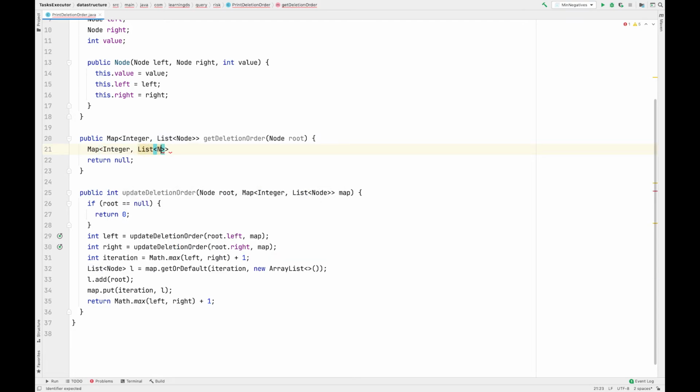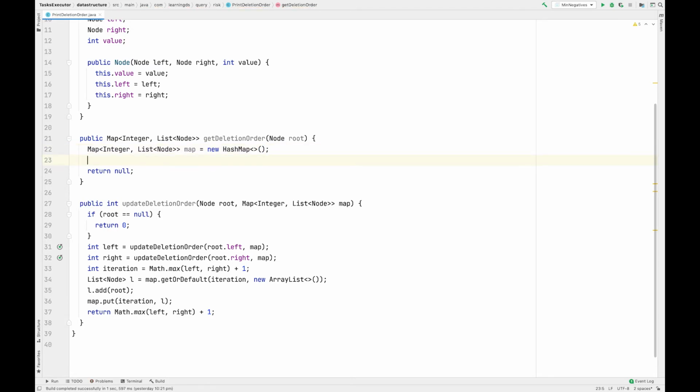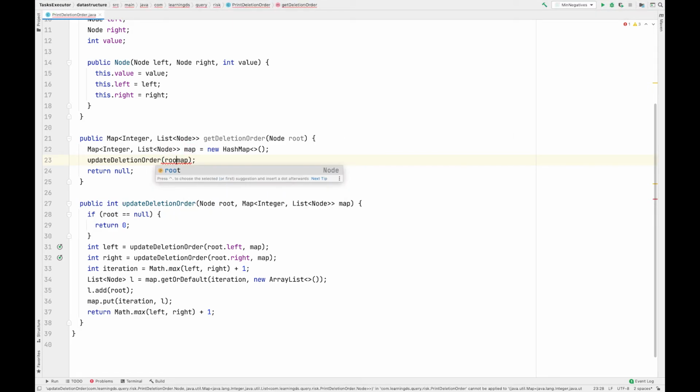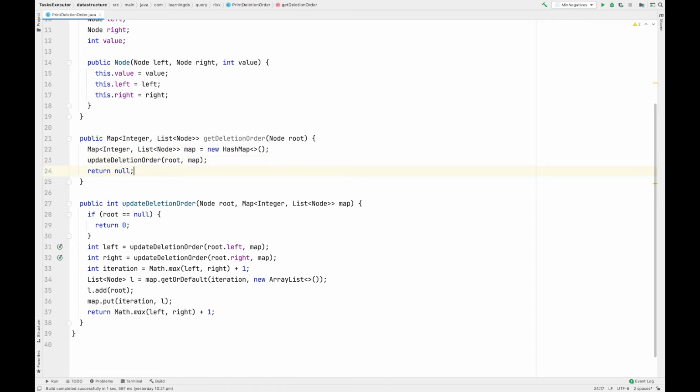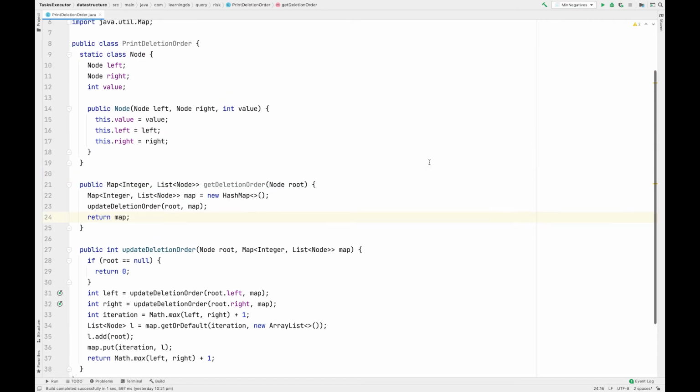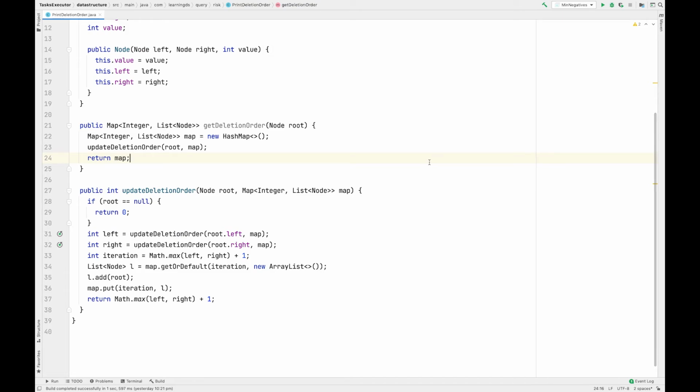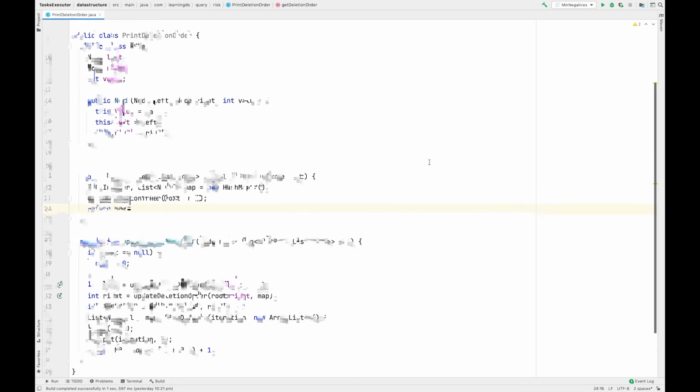Okay, so I'll say map equal to new hash map, and I'll call update deletion order, and I have a root and map. Now this will return me my map. So this will be the complete code for the same.